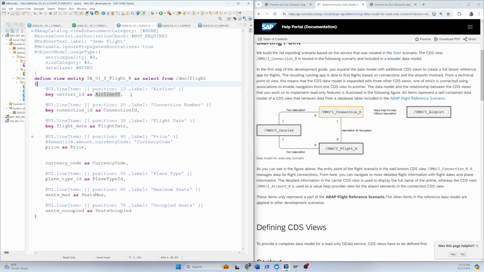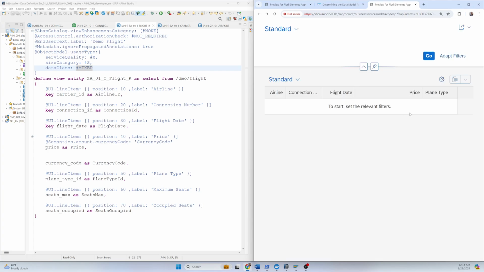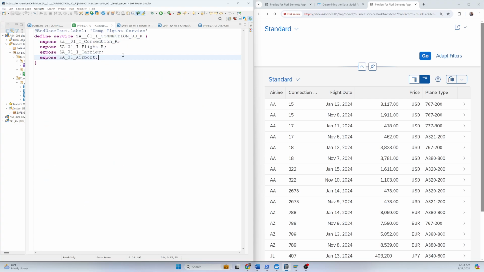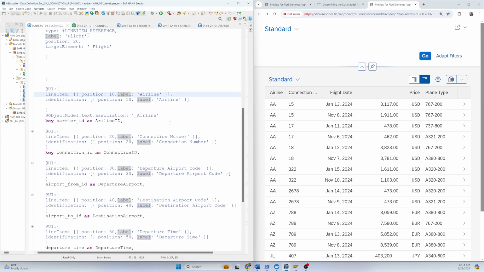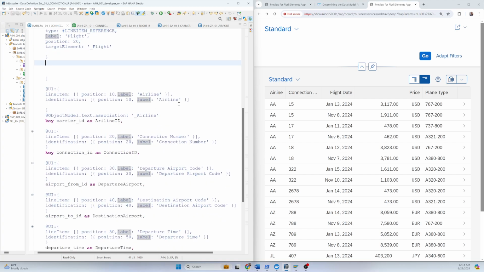So why do we need that flight information as well? Because here, let's complete the first one. If we, I think it's already activated. Still it is not showing. So here, that is the